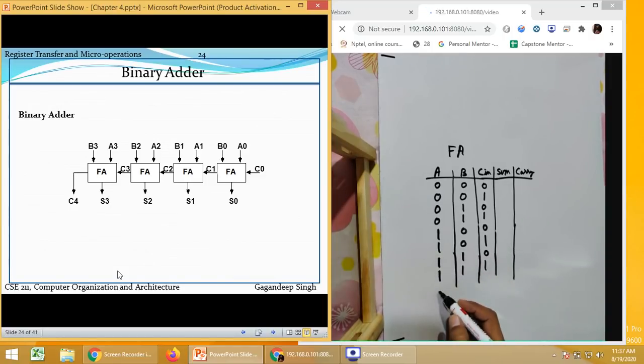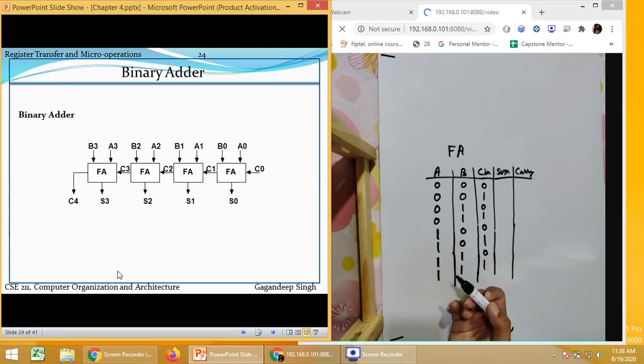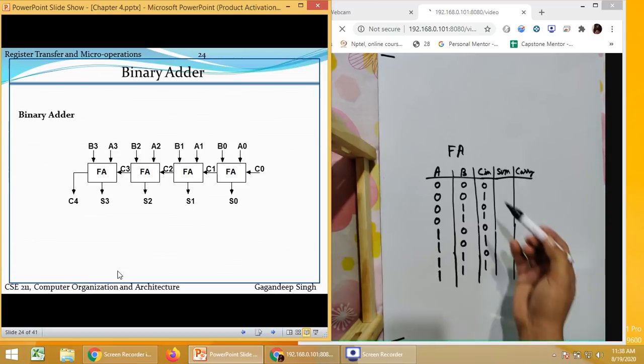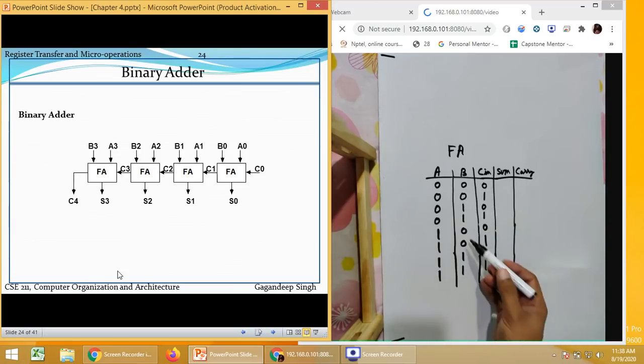It is prepared in the same way as we do with a normal truth table. First 0 1 0 1 0 1 0 1, then double 0, double 1, double 0, double 1, and then 4 times 0, 4 times 1.